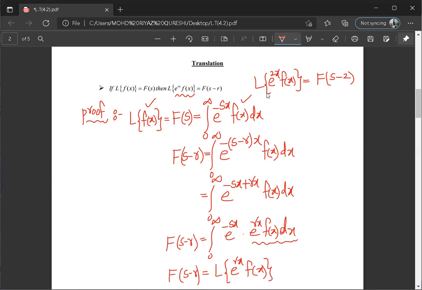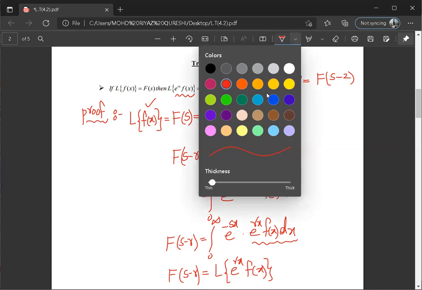Are you getting it or not? Shall I explain here once again? Yeah, can you explain that once again? Okay, with some other color, I can take it with f this.